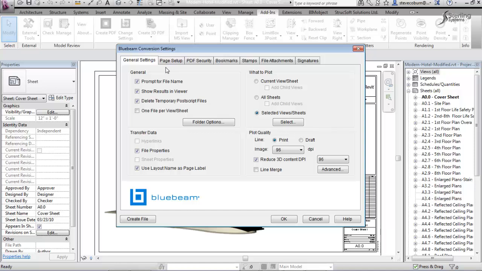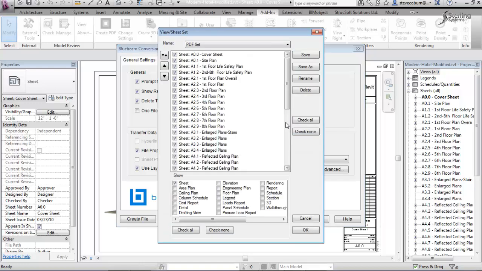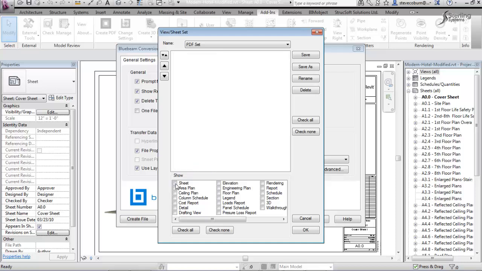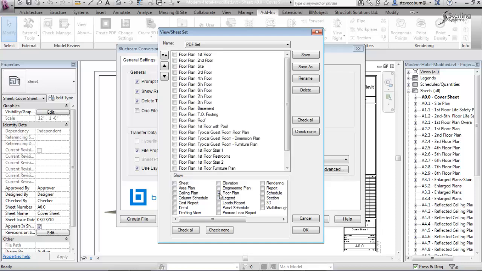Okay, so under our general settings, we're going to come through and make sure our options are correct. We're going to make sure our sheet set is set correctly. And I want to point out a very important option that Bluebeam thought was pretty necessary for this to work to our advantage. As you see down here in the bottom, all these checkmark boxes. As you can see, I've got the sheet set right now, but if I unselect that and say, let's say I want to see the floor plans, I can now